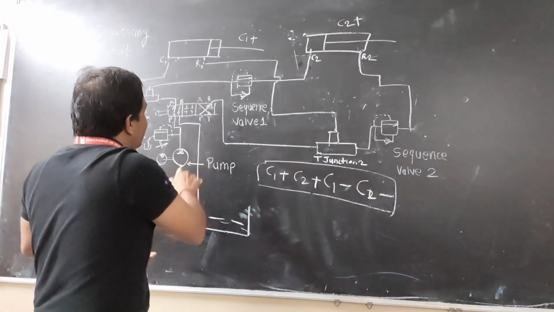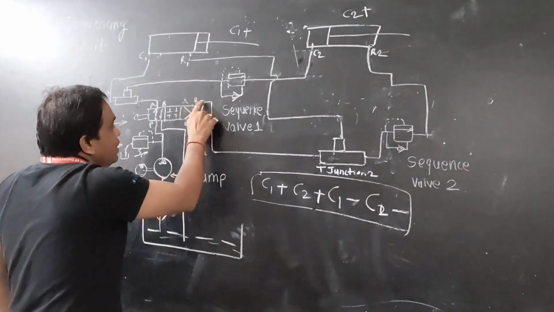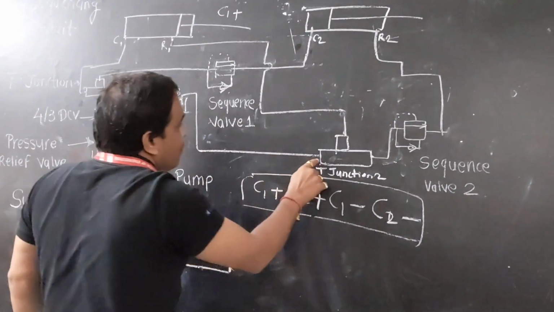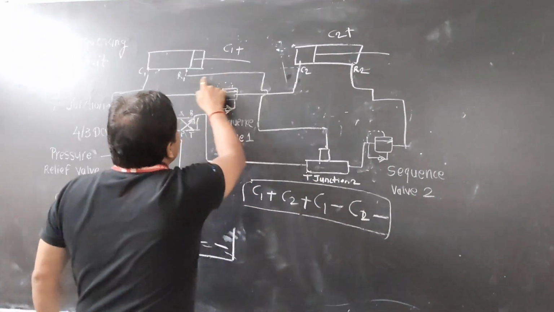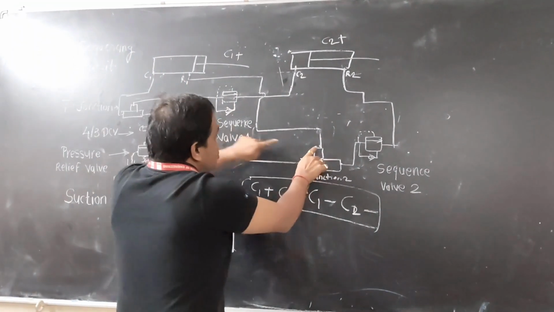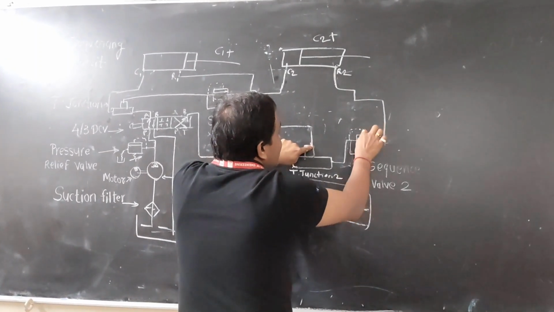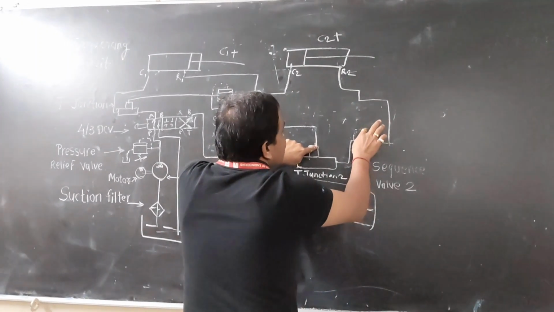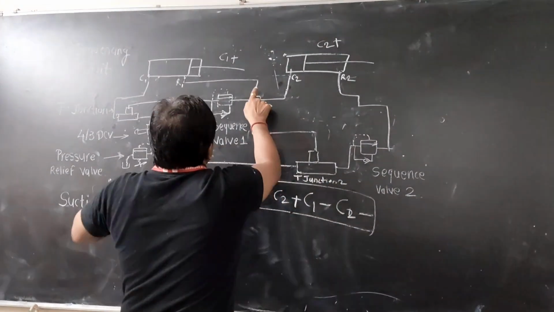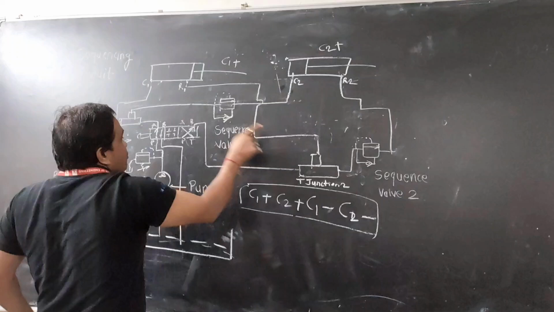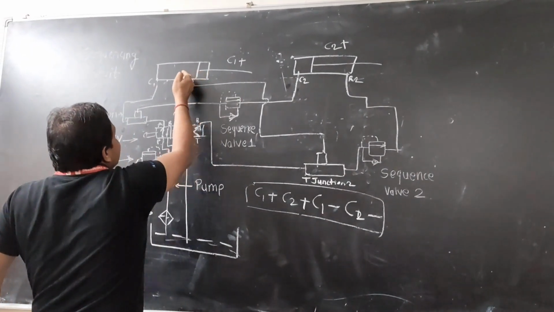Now listen how it will work. The pressurized fluid will come from P to B, then to the T junction. From the T junction it will go to the rod end first. Now also it will go here, but the system pressure is not enough to open this sequence valve, so it will not open the sequence valve. So now the rod end, the fluid will go here, and which will retract the